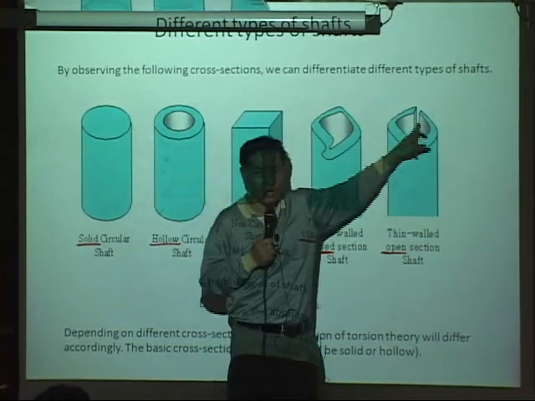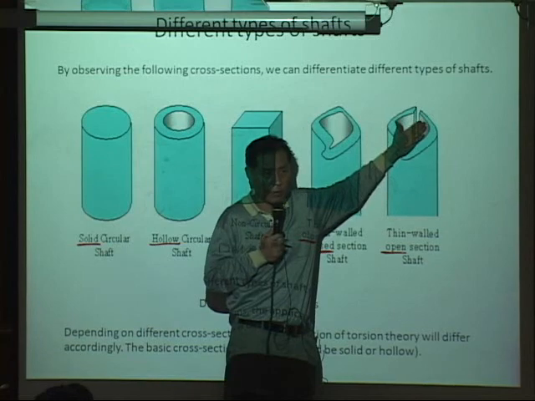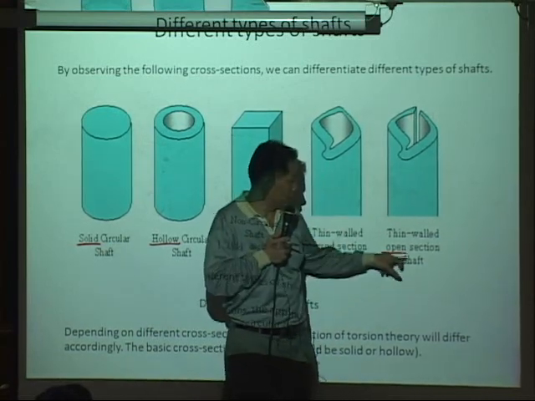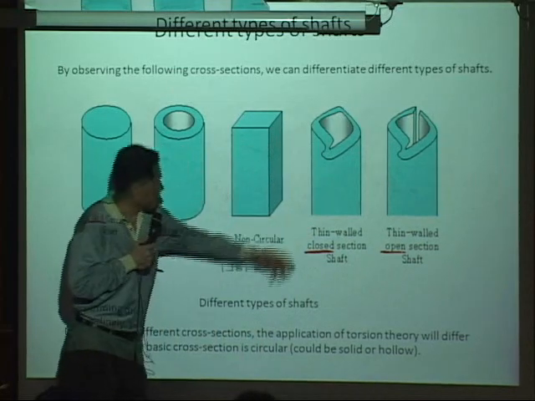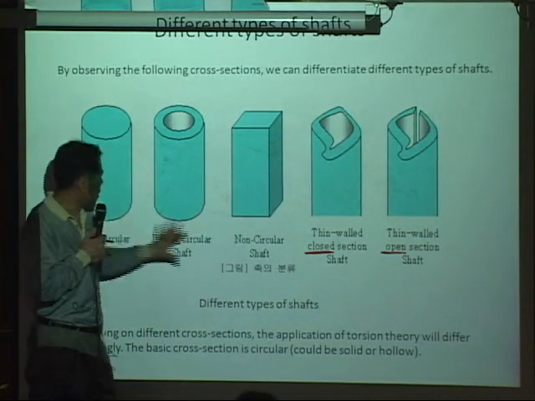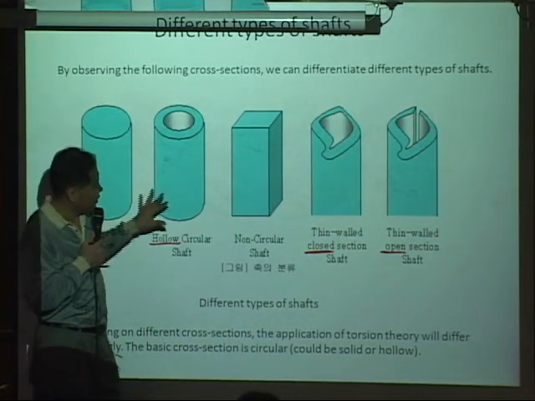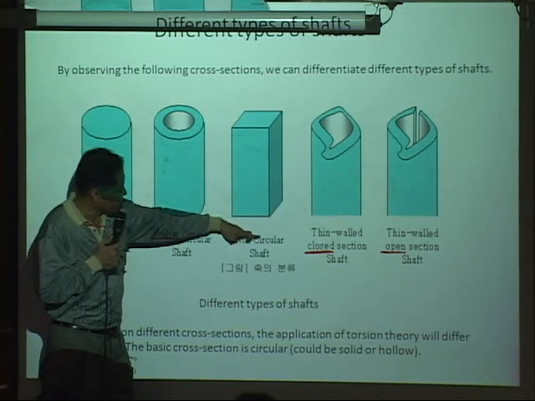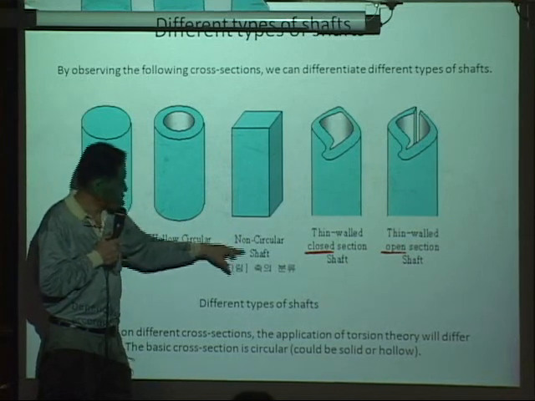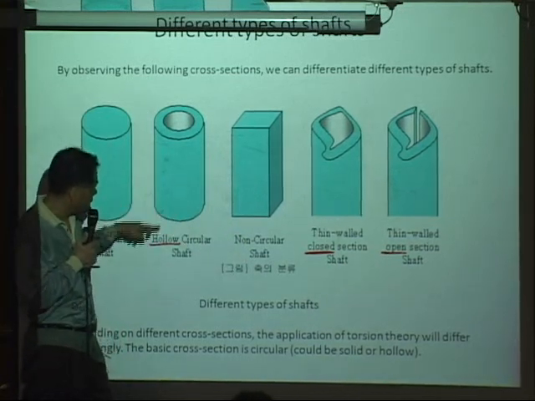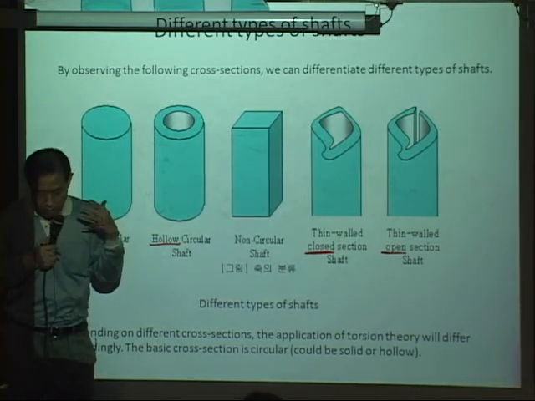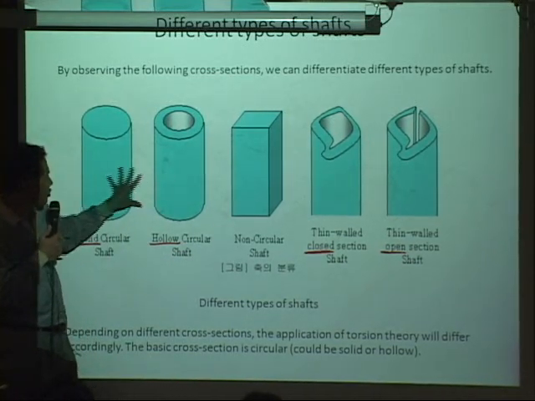And sometimes we have open, with a slot like that; then we call it an open section and a closed section. For the solid, we cannot say either closed or open. It is just a non-circular solid shaft, and this is the hollow circular shaft. The theories we will cover will apply to these two